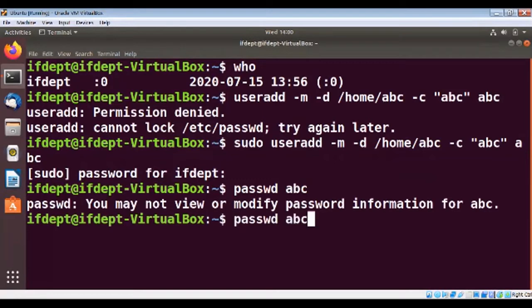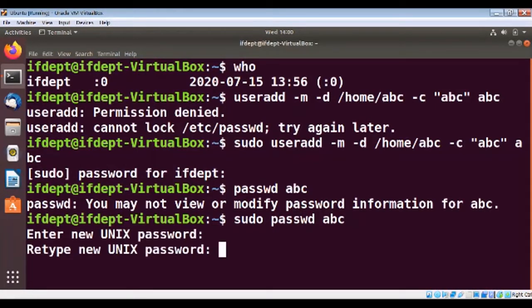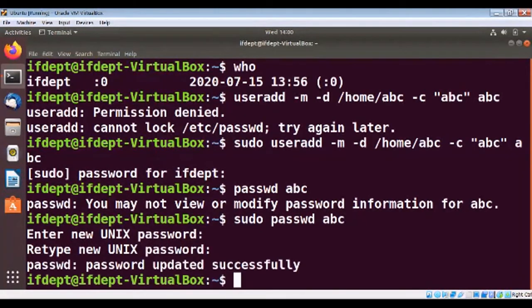So again what I have to do is write sudo here. Are you getting this? The administrator has the rights to create a user and assign a password. Okay, so then I have to type the password here. Again, I will set some password for the ABC user, and see here, the password has been updated successfully.